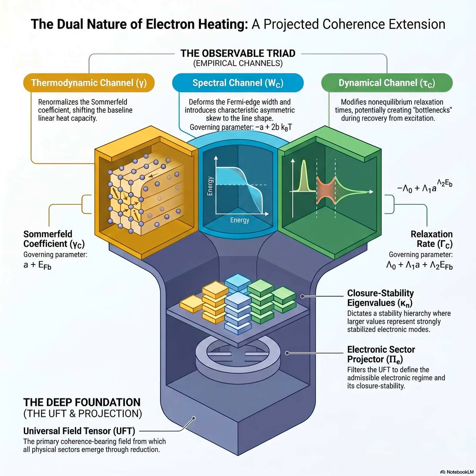In the UFT framework, the excited electrons must undergo a reclosure process. They don't just need to dissipate energy. They have to find their way back to their stable coherence structure within the UFT grid. They're seeking structural stability. Going back to the apartment analogy, they can't just move into any low-energy apartment. They are frantically searching the city for the apartments built with reinforced steel. They have to find the high kappa N states. Precisely. And because they are searching for specific structural stability rather than simply bleeding off energy to any available state, Lillian predicts a heavily modified relaxation time, which he calls tau c.